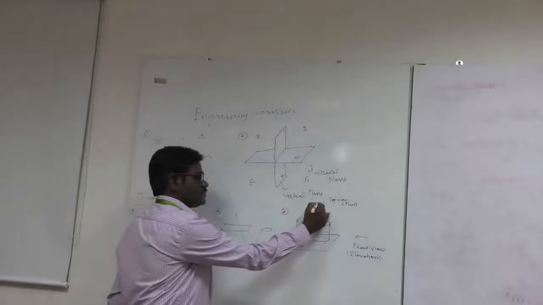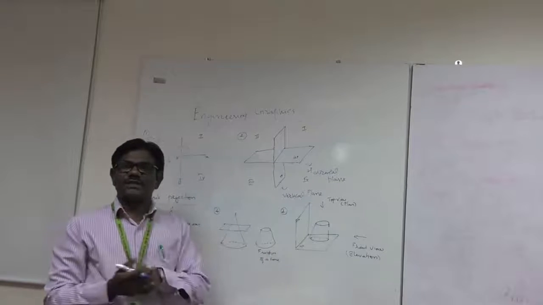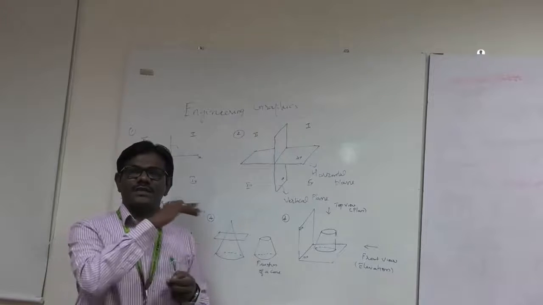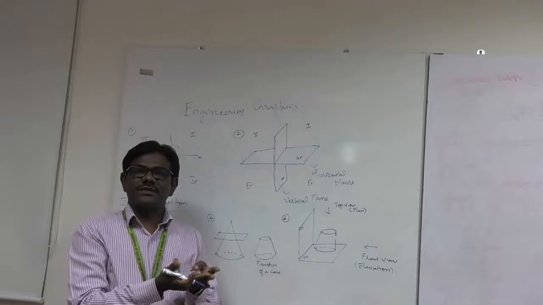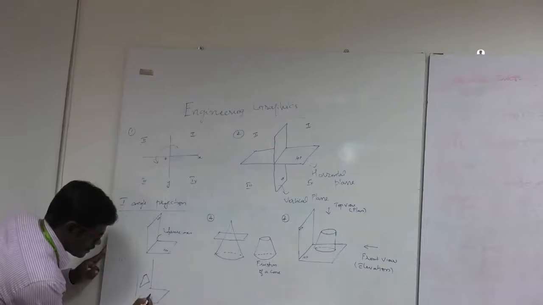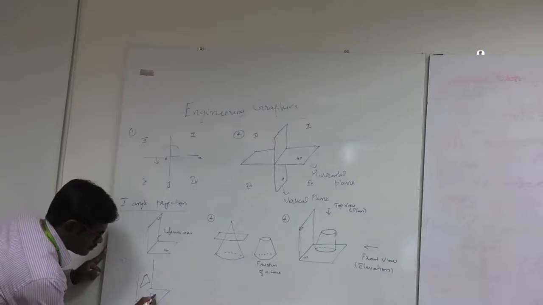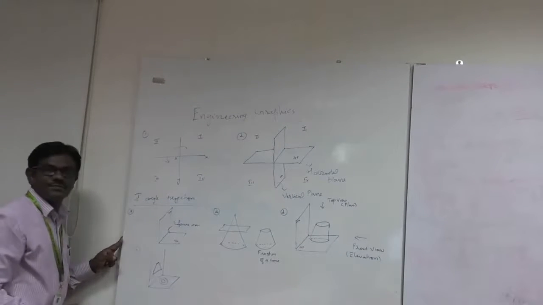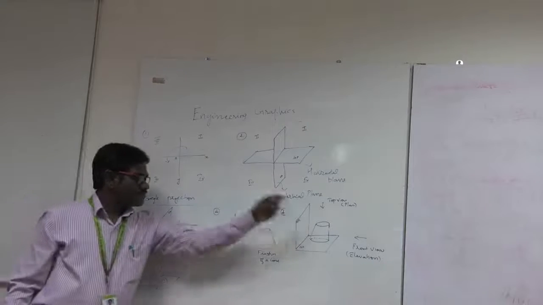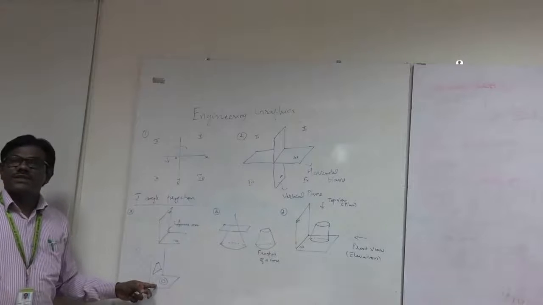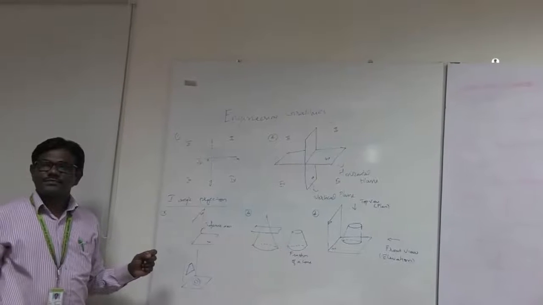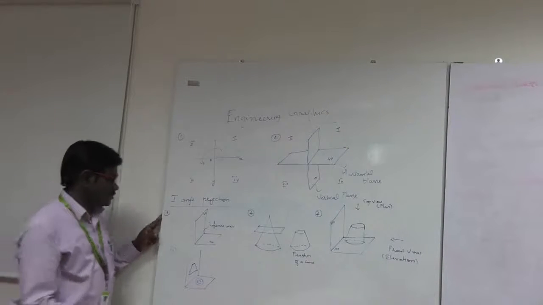When I see from top, I get a small circle, and since the base is bigger than the top face, I'll be getting another circle. Both are concentric. That will be the plan. So I'll be getting two circles like this. The small one corresponds to the top face, and the bigger one corresponds to the bottom face. Okay. Is there any doubts? Fine. So I'll proceed now.